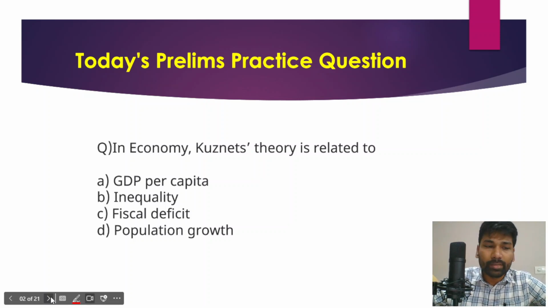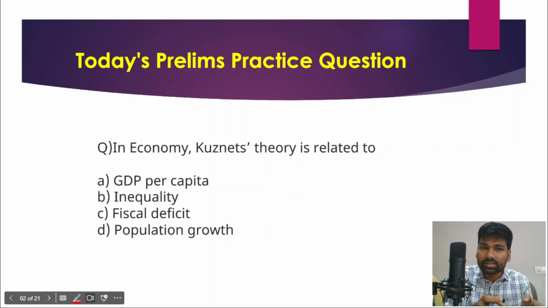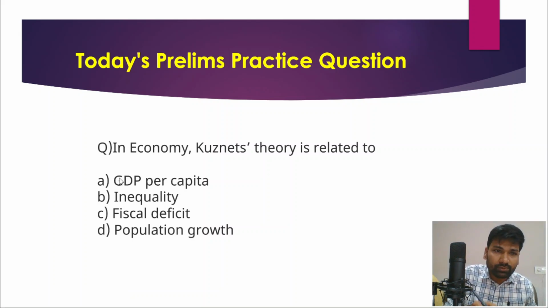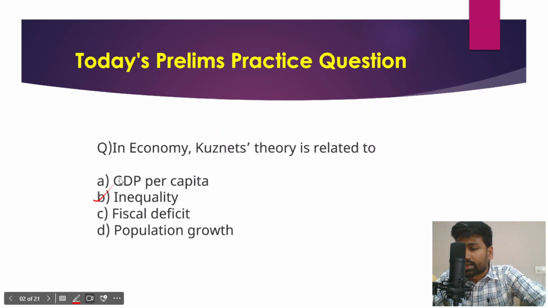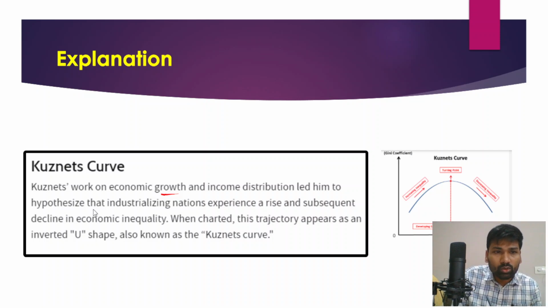You very often come across a term called the Kuznets curve in economy. The Kuznets curve specifically describes the inequality which is prevalent or persists in an economy. So the correct answer for this question is option B, inequality. If you look at the Kuznets curve and its explanation, it concerns the economic growth of any country and income distribution. That led Kuznets, an economist, to come up with a hypothesis that industrializing nations